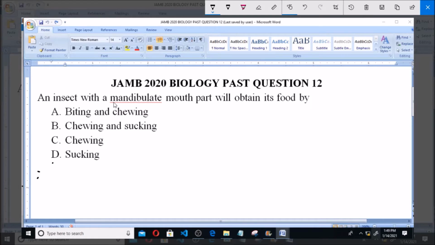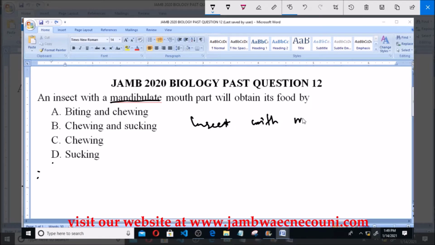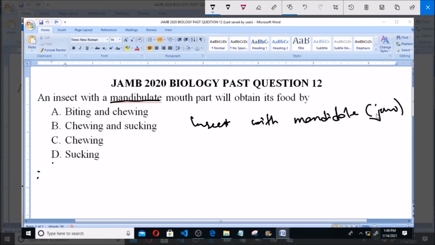An insect with a mandibulate part simply refers to an insect with mandible. In other words, you can call this mandible the lower jaw. The lower jaw. Now, insects with mandible, for instance, e.g., a grasshopper, they obtain their food by biting